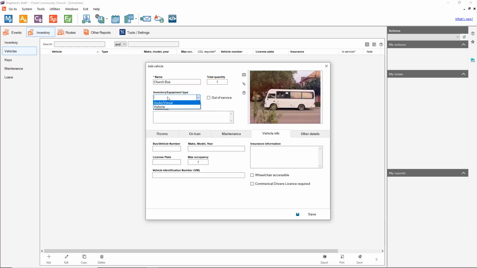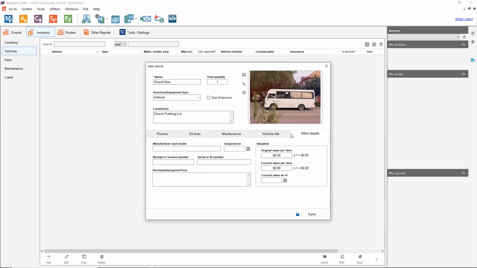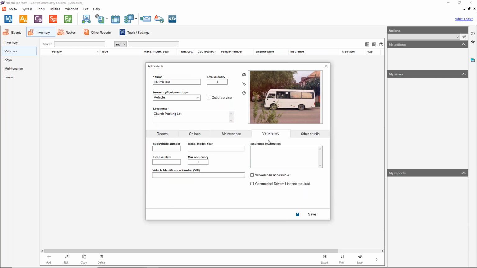And then you can say what type of inventory equipment type it is. It's a vehicle, and then you can say if that item is out of service as well. We'll just say this is in the church parking lot. Okay, and you can see it has all the same tabs as any other piece of inventory, but it has its own special tab here called vehicle info. And this has information that's specific to vehicle. So bus vehicle number. So if you have multiple church buses or something like that, or you're in a school, maybe you have multiple school buses, you can put in the different numbers for these different